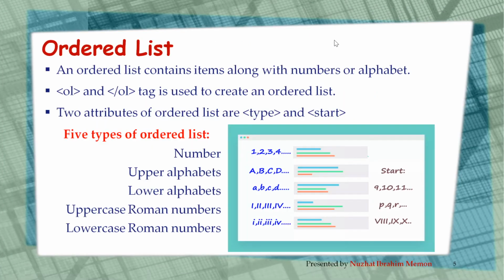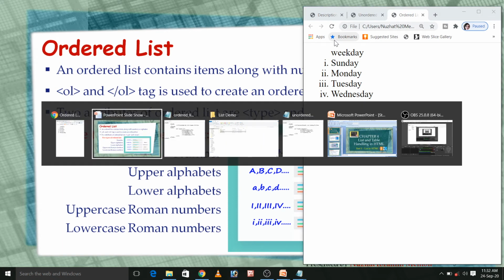One more attribute we have to do in OL tag, that is start attribute. Start attribute is used with OL tag only. It is used to specify from where to start the list item. Generally, your number starts with 1. We can change it even. Here I will show that exercise practically.